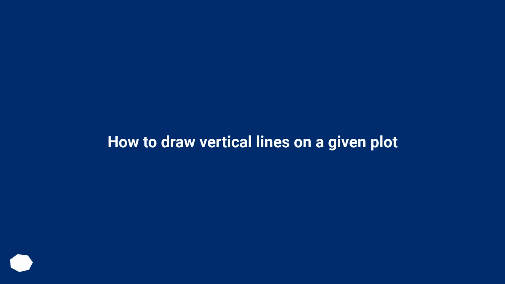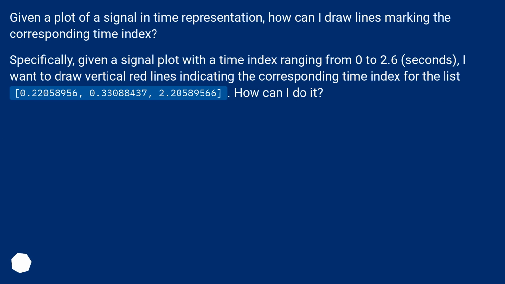How to draw vertical lines on a given plot. Given a plot of a signal in time representation, how can I draw lines marking the corresponding time index? Specifically, given a signal plot with a time index ranging from 0 to 2.6 seconds, I want to draw vertical red lines indicating the corresponding time index for the list